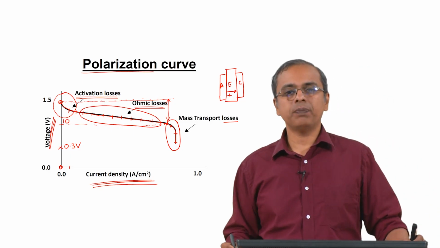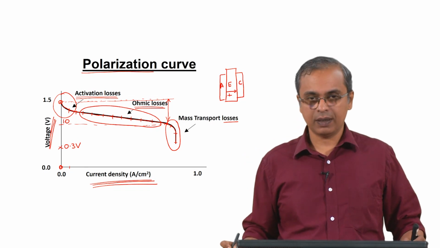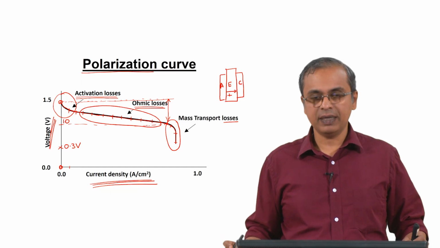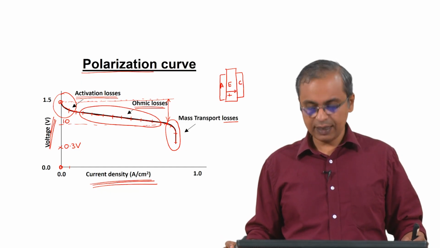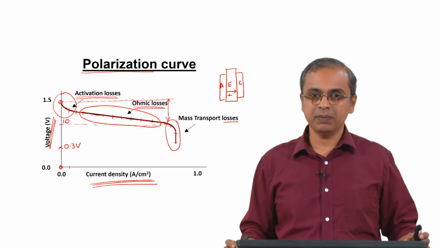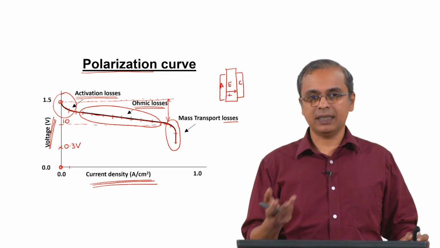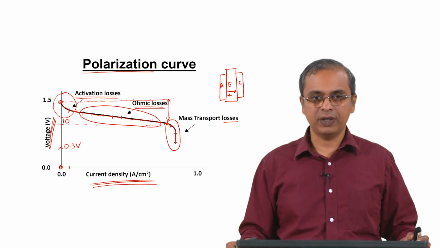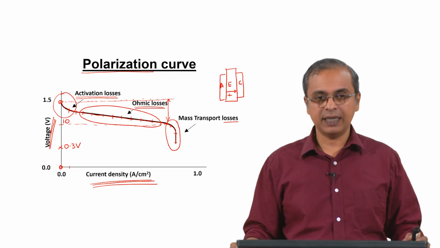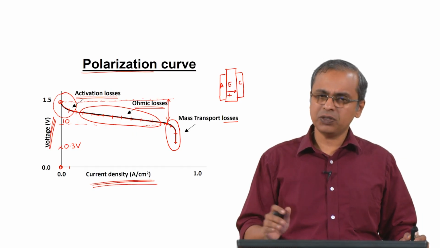So, as opposed to the 1.5 volts that the battery was capable of giving, when you draw current from it at some appreciable level, it is actually only giving you 1 volt, right. So, this is a loss, and this is energy that has been lost from the system. So, you are only getting about 2/3 the energy that it is capable of giving you, it is not giving you the full energy. So, this is a specific degradation of the system